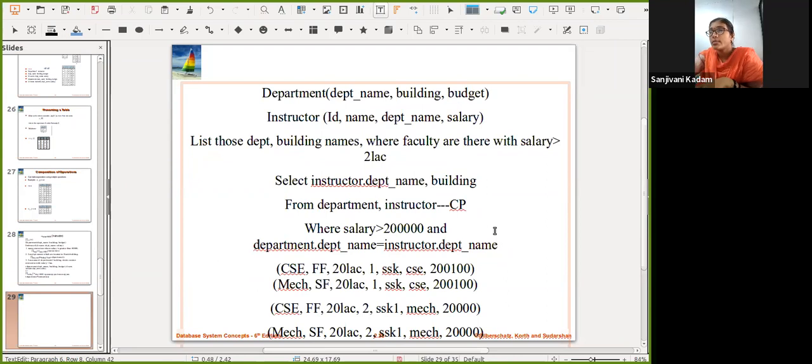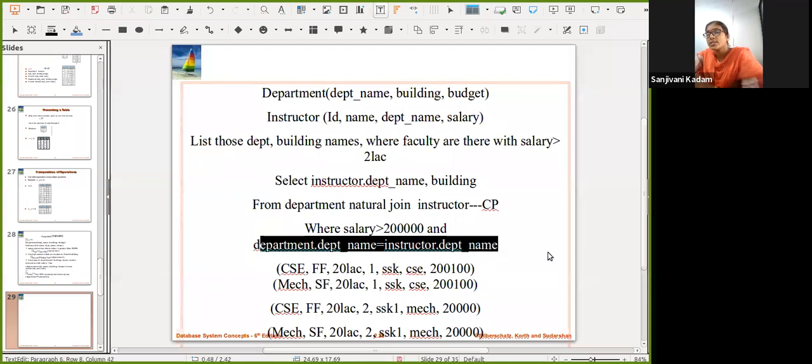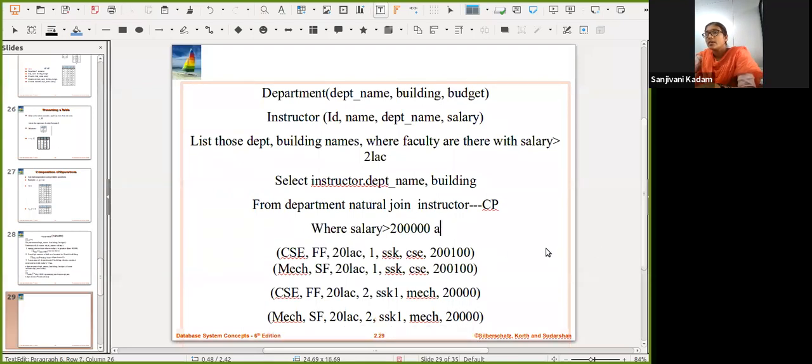What will natural join do? Whenever we are performing the joining of two relations, here a joining operation is definitely a Cartesian product. So if we write a natural join here, we need not write this condition, the equivalence of our common attributes. So natural join, wherever the attributes are matching, always checks for the equivalence of values.